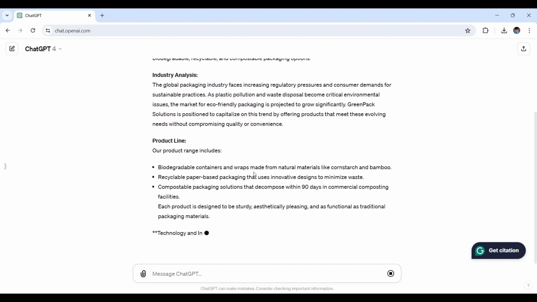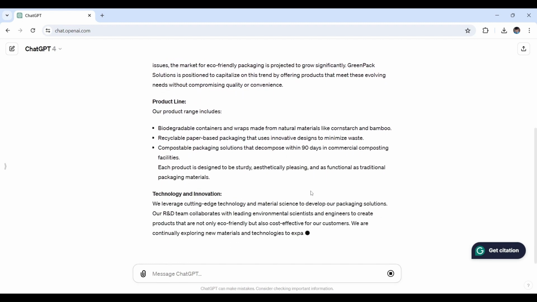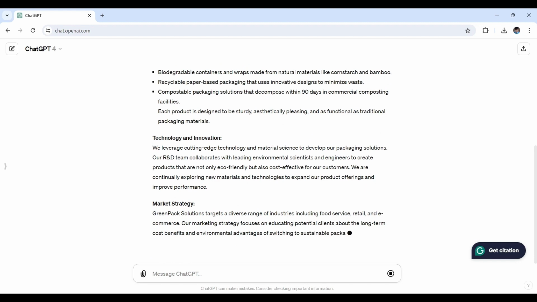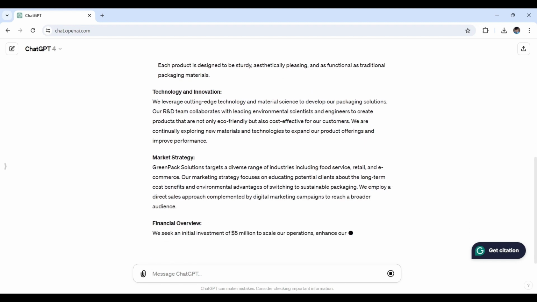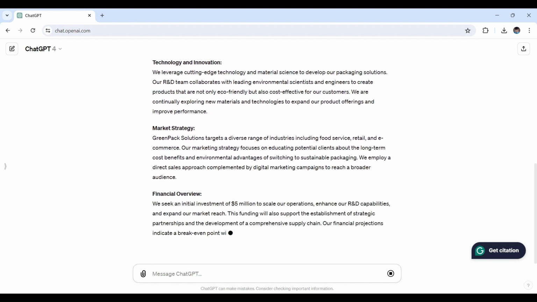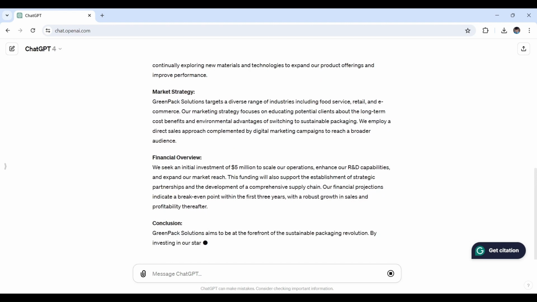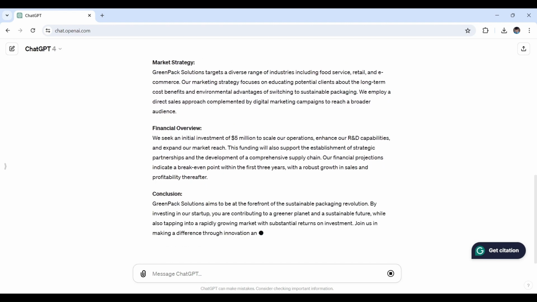That's a solid base for an executive summary. Remember, it should be succinct but powerful, enticing readers to learn more about your business. With this summary, you've set the stage for the detailed plan that follows. Next, describe your company. This section should include your startup's mission, the products or services you offer, and what makes